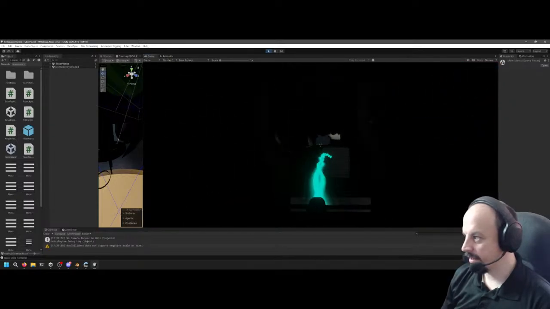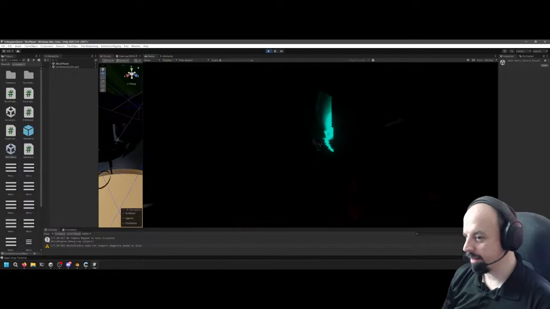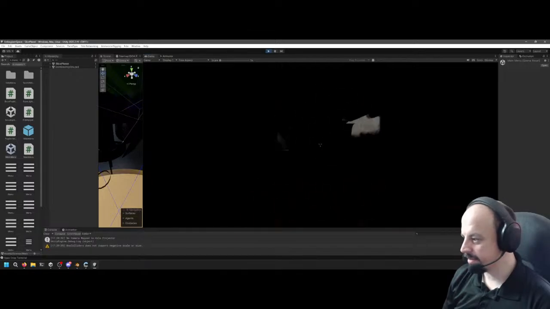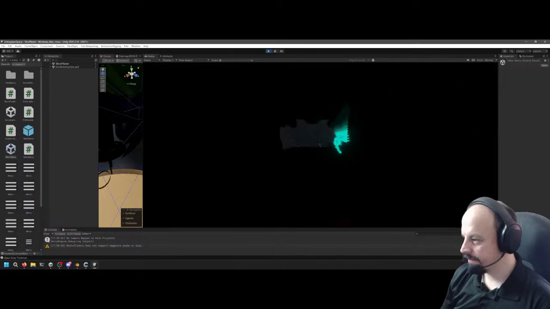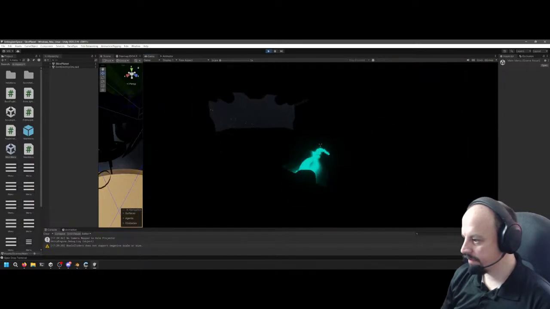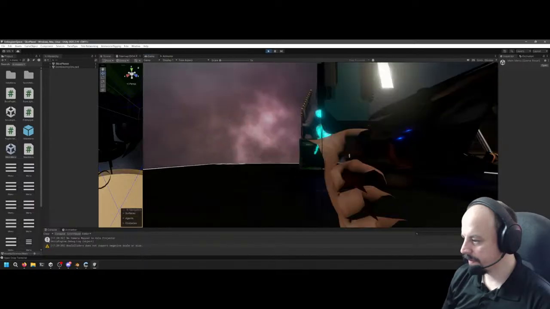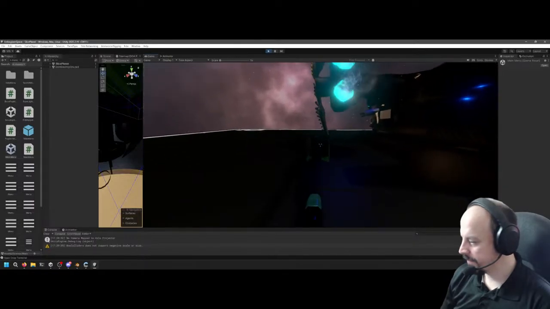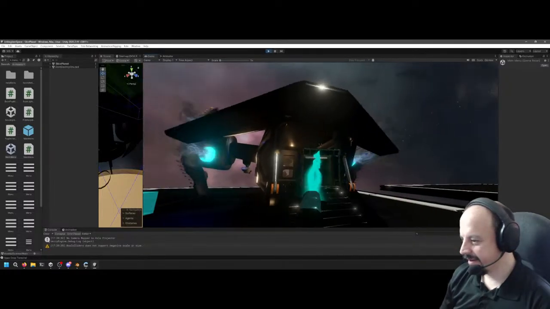Or my scene lights are turned off or something. Something's definitely off in this test build. Darker than dark, yeah.